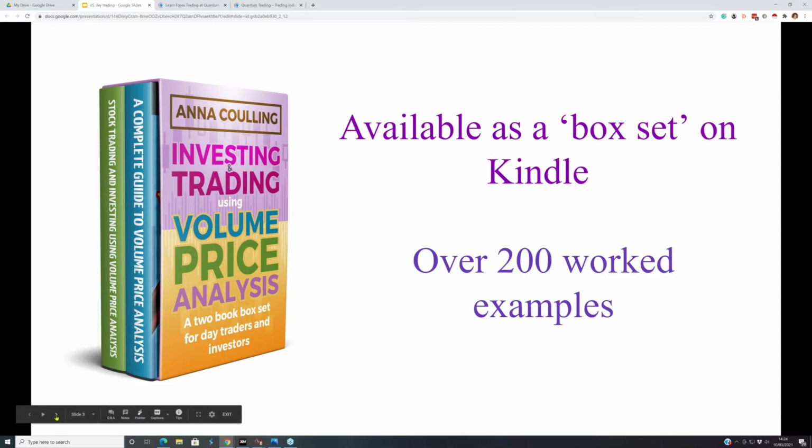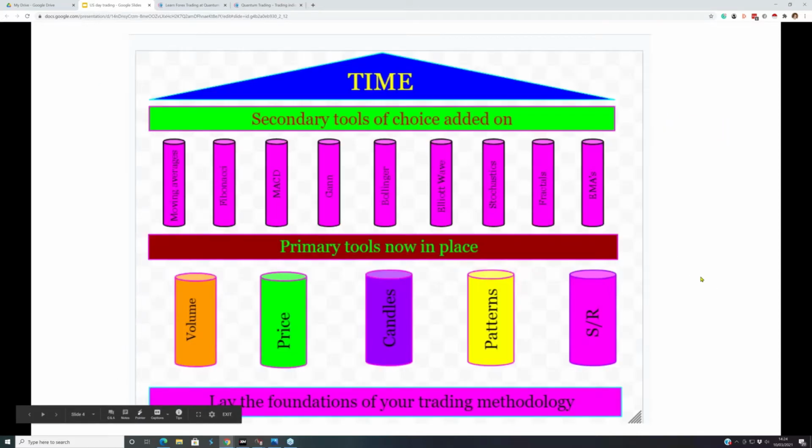Right, there we are. What have we got? This is how we've broken it down, in the sense that, as I said, there are 5 elements. These are the 2, volume and price. We use candles and candle patterns. I know other people use bars, but it's just what we've settled on. It's what we started with over 20 years ago, so we've stuck with it.